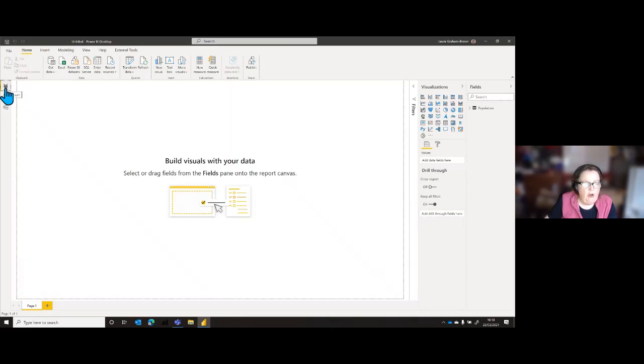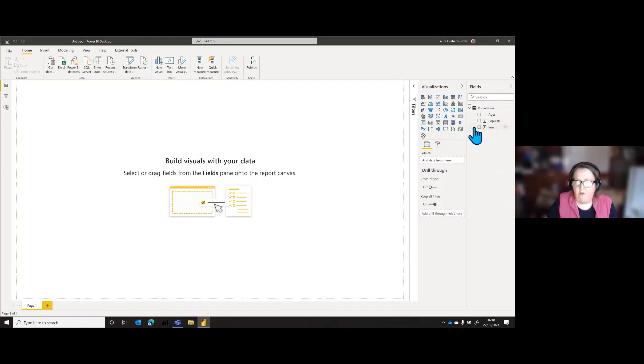So on this data view, just checking that I haven't got any questions. Nope, that's fine. That's looking good. So on here, let's just do a really simple chart. I'm just going to do a stacked column chart. It's not the most exciting thing in the world, but let me show it to you, and then we'll work out some things we could do to change it.